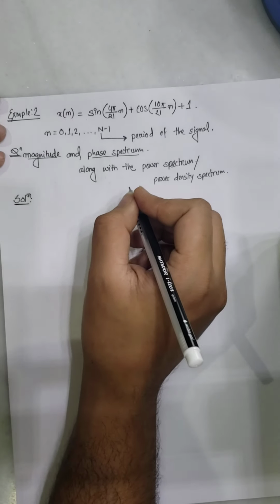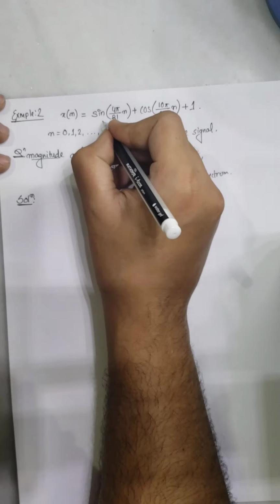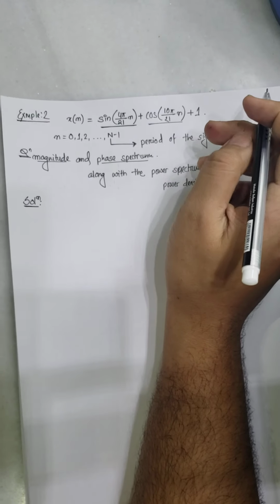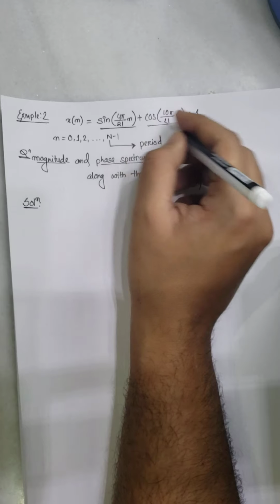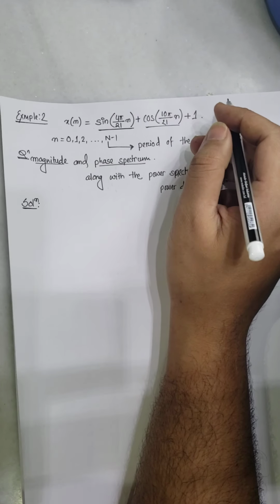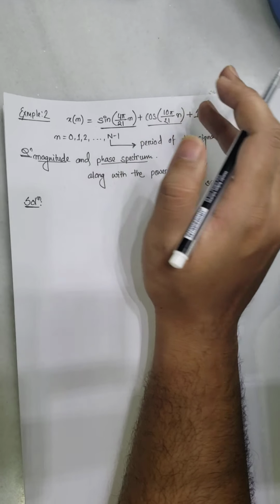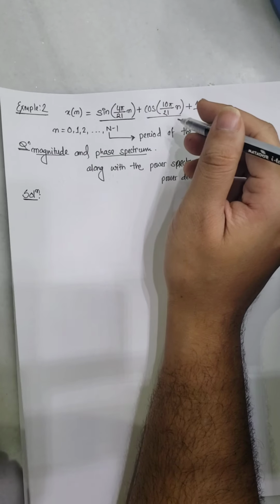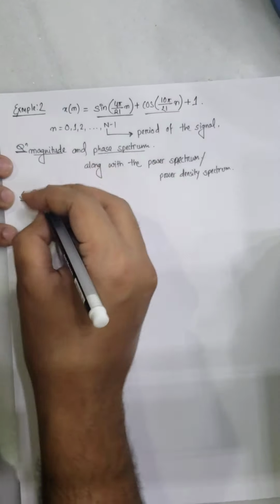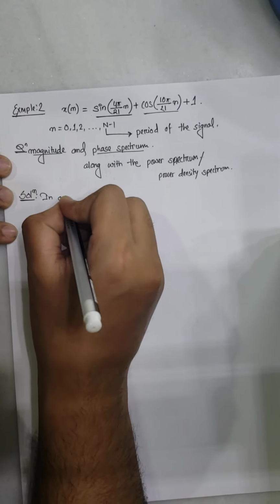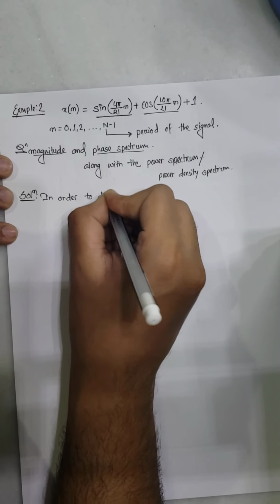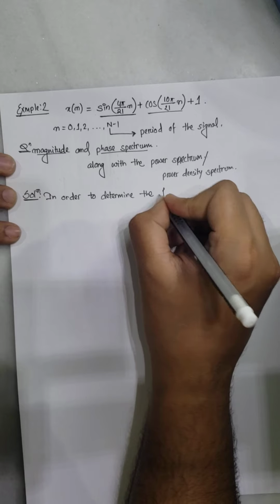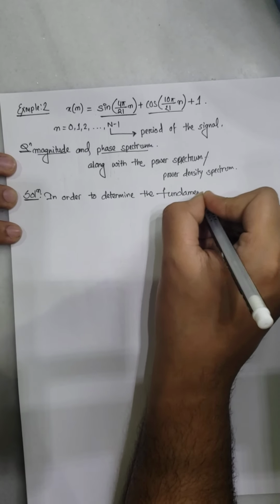Here in this case, x of n, if you look closely, consists of more than one sinusoid: one sine function, one cosine function, and one DC value. Let us not consider the DC value for the time being. So, in a signal with more than one sinusoid, in order to determine the fundamental period,